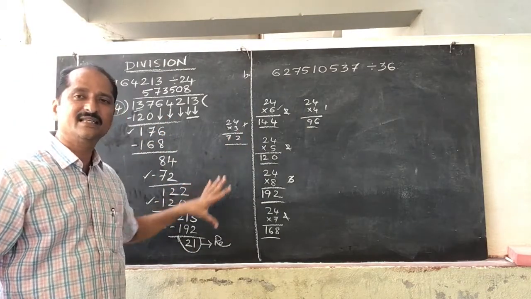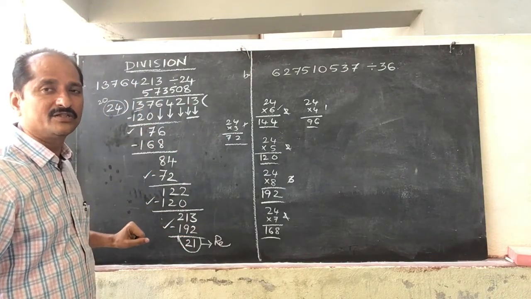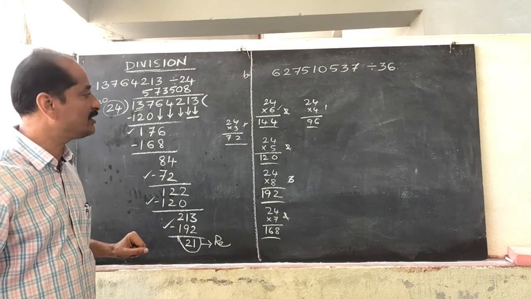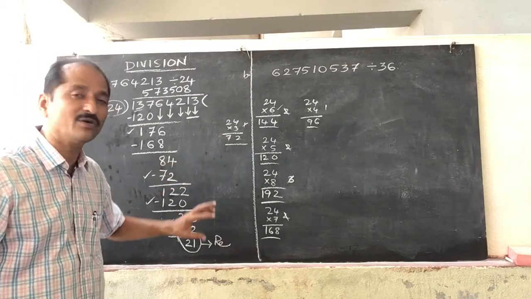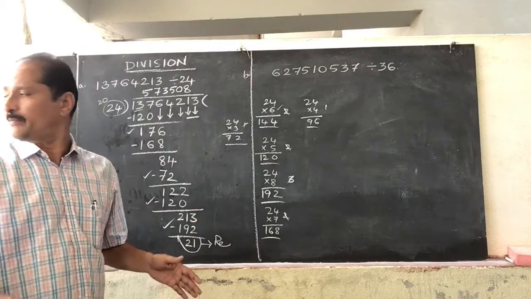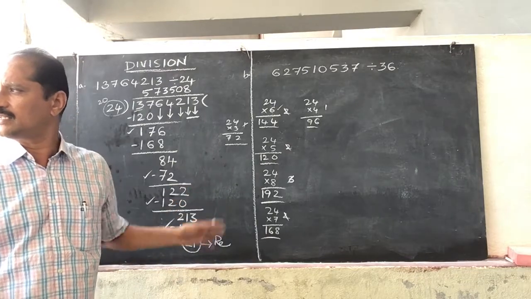So this is dividing a greater number with a 2-digit number. While you are dividing by a 2-digit number, actually we don't know the 2-digit table. So to check how many times it will go, not only by writing all the 2-digit multiples like this, we have to check like this in 2 times.